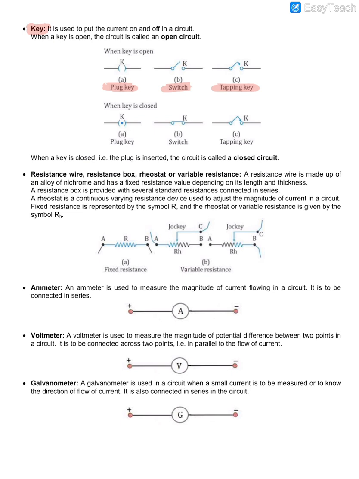Now guys, notice the difference: there's a dot inside here and there is no dot here. If you draw the dot, it becomes a closed plug key. In the same way, notice the difference in the switch here and here. Those two wires were not touching, and here they are touching. That's the closed switch. And the tapping key is basically the key we use for electric bells. You press it and the moment you release it, it comes back to its normal position. So those are called tapping keys.